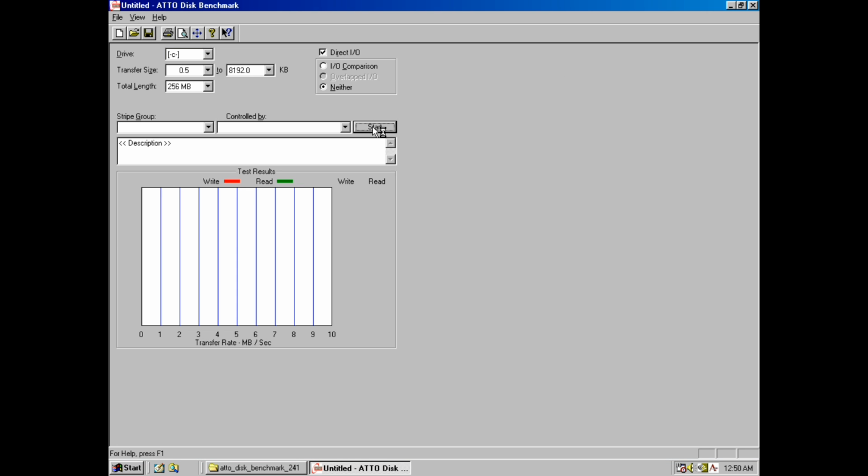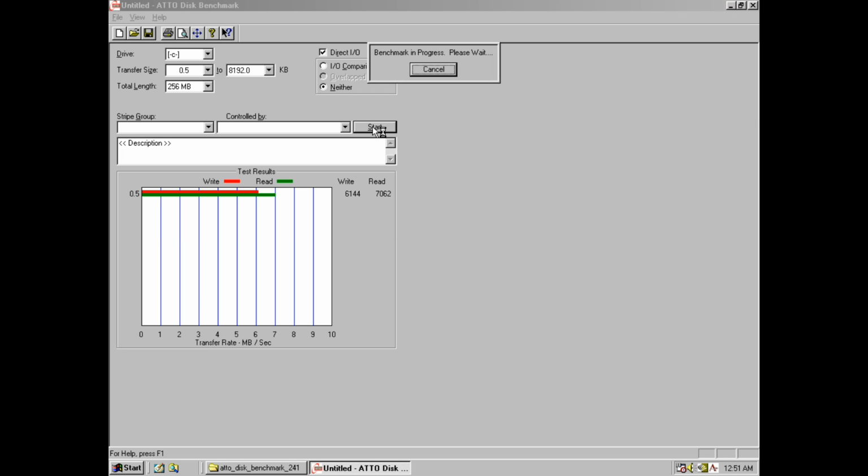Okay, time to do some benchmarking. We're starting with testing the storage. So I'm using ATTO benchmark, really good benchmark to test your hard drive. Again, I'm going to fast forward it because it takes quite some time, but we can see that the SATA to IDE adapter works really well,